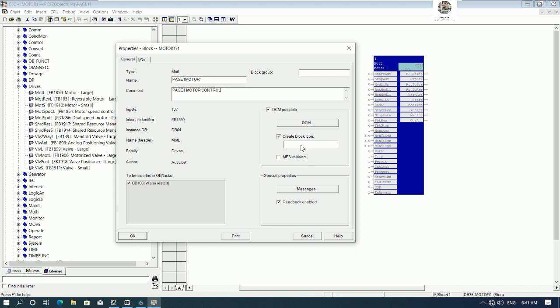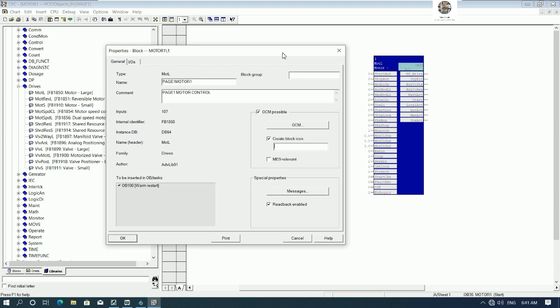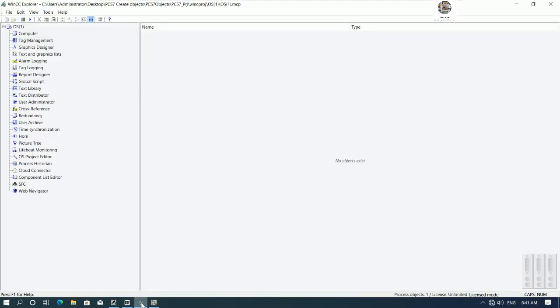and we need to insert the block icon, right? So to see the block icon, we have, this is the class, or it is the library name, MOGL. Yeah, so we can go to WinCC Explorer, and then we can go to Graphics Designer, double click on Graphics Designer. We will go to check the graphic library on this section. So wait a moment for opening the graphic library,